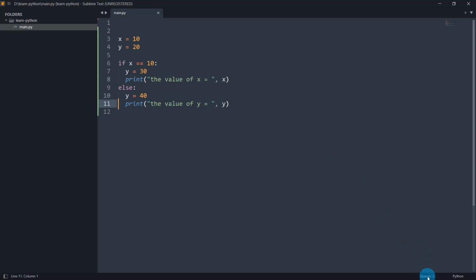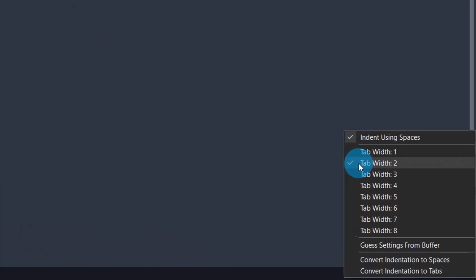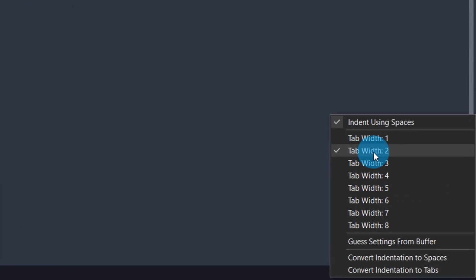If you look at these spaces, here the tab width is 2. That means I have selected 2 spaces, and here I tick this one, indent using spaces, because I like to indent using spaces instead of tabs. In your case, in your editor, it's up to you, whichever you follow. It doesn't matter whether it's a tab of 4 spaces or 6 spaces, 8 spaces, but you should maintain proper indentation while writing the code.